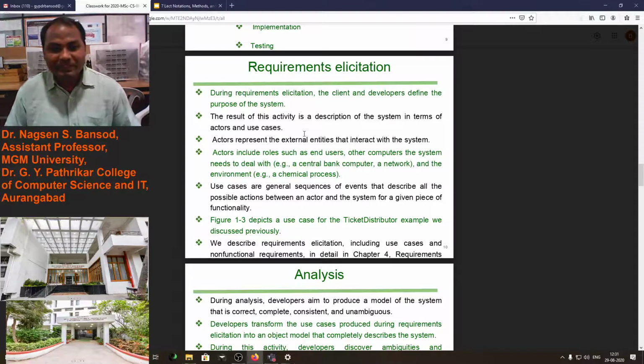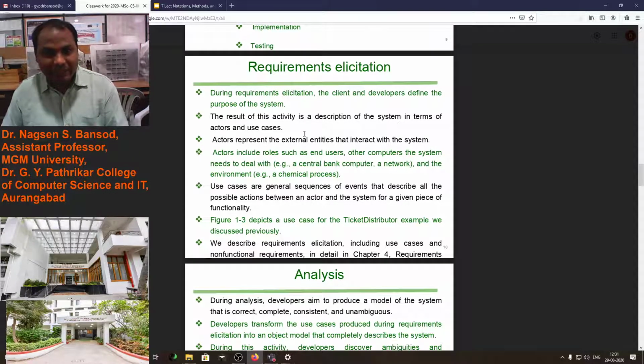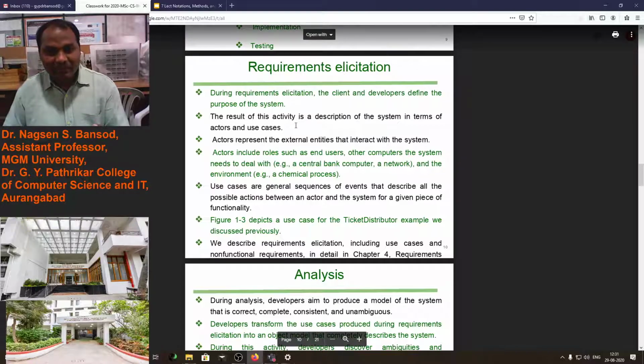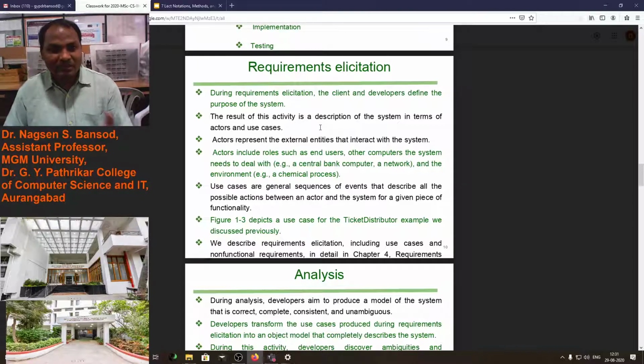The result of this activity is a description of a system in terms of the actors and use cases. During the requirement elicitation, the client and the developer will communicate, will discuss, and they will produce the result of this activity, a description of the system in terms of the actors and use cases.